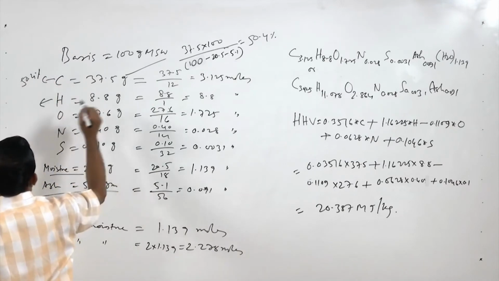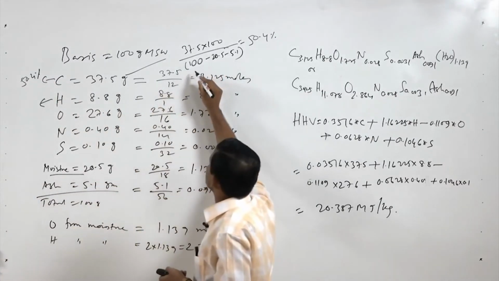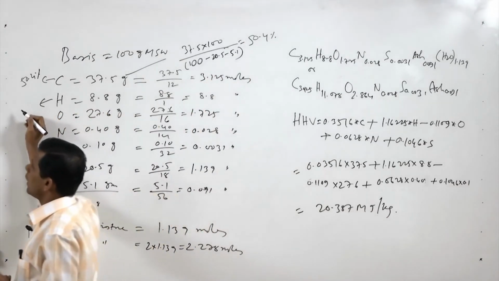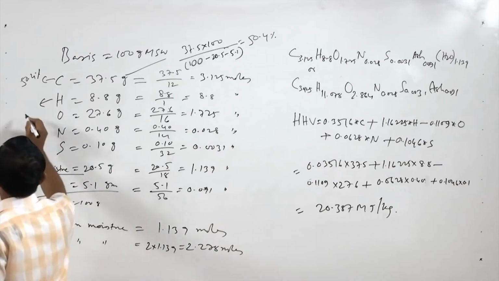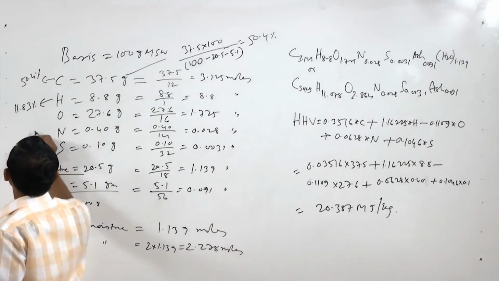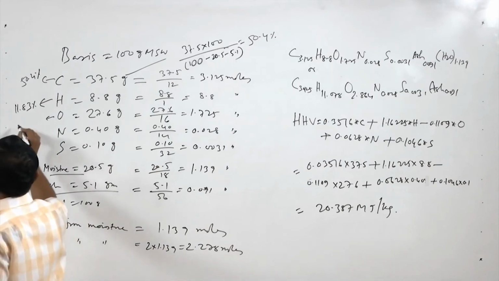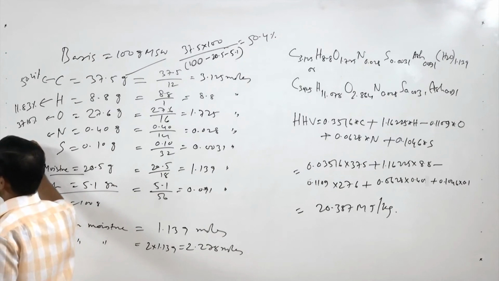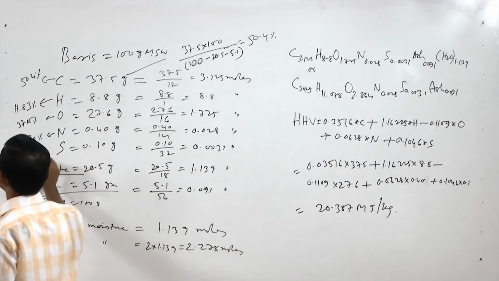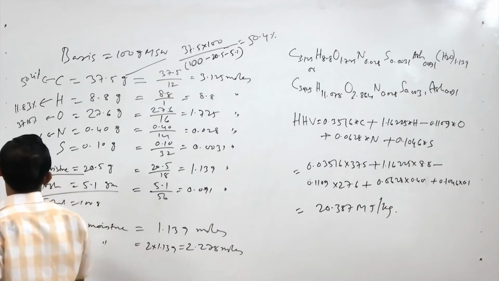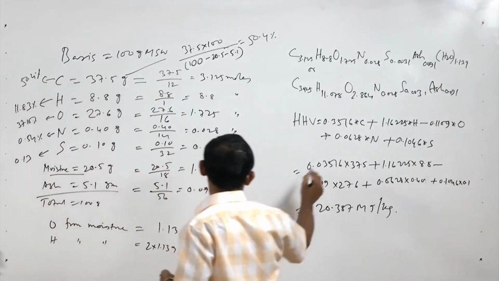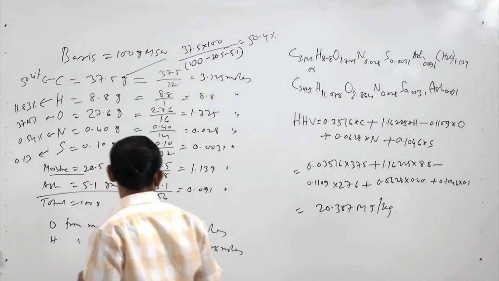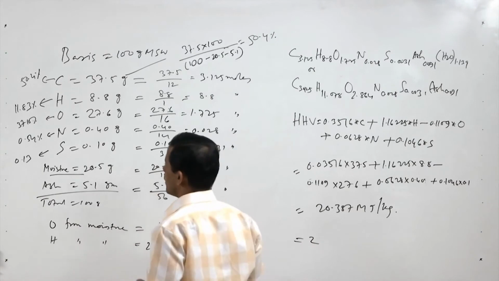Similarly, the same formula will be used: 8.8 into 100 divided by 100 minus 20.5 minus 5.1. So, it will give us hydrogen equal to 11.83%, oxygen 37.10%, nitrogen 0.54% and sulfur 0.13%. If we put these values in this formula, we will get the HHV on dry and ash-free basis, and that is equal to 27.40